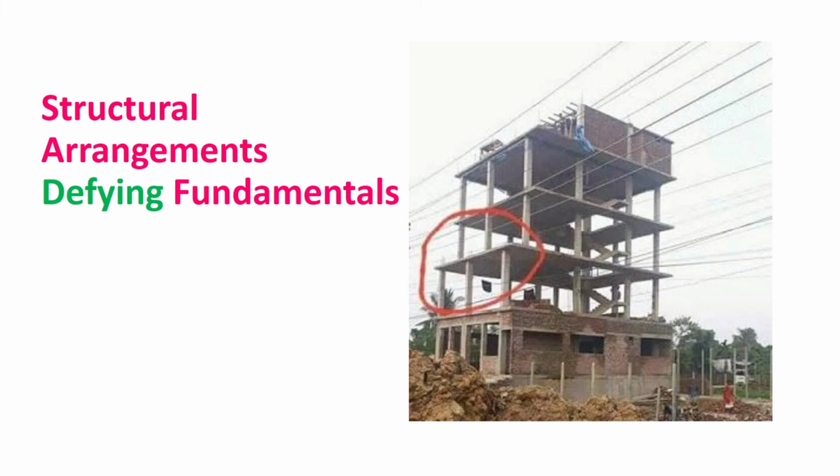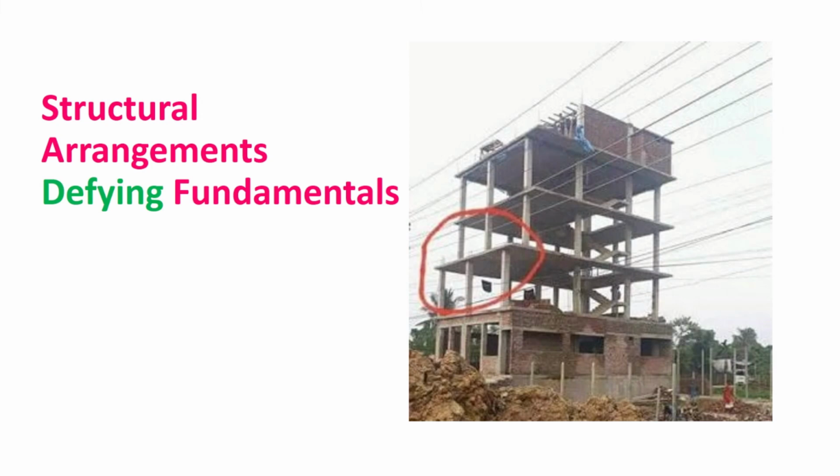Why would he have done this? Probably to have a balcony space, sir. No, it is not a balcony. Just try to see carefully. Look at this photograph carefully. Others can also give their suggestions or what they have observed from this particular photograph.